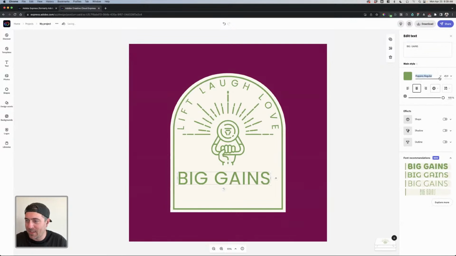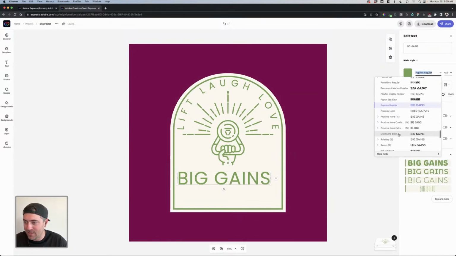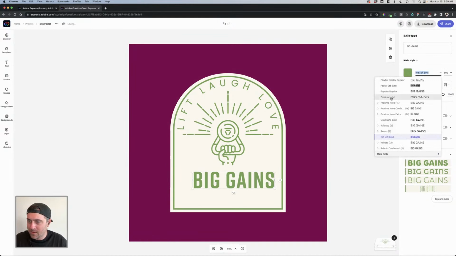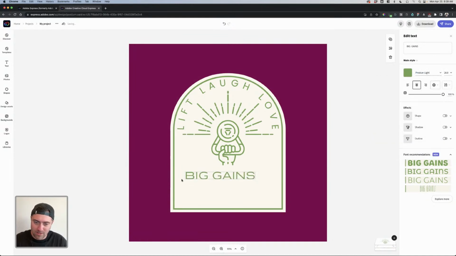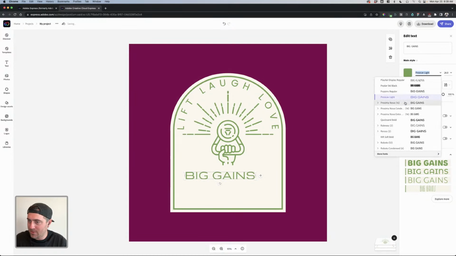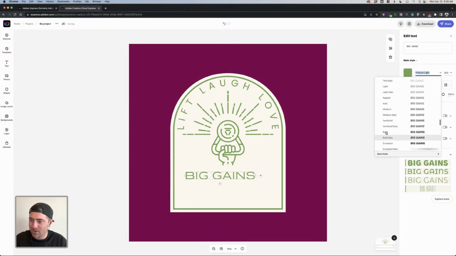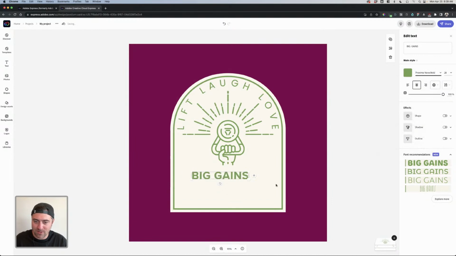Let's see what other things. I kind of want a typeface that feels a little bit thicker. So maybe Riff Soft might work. Might be a little bit too, let me see here. Is this going to give me what I want? Let's see here, if they have a Proxima Nova, just a tiny bit thicker. I'm going to go with a bold here, just so it's obvious that this is the business name and not just